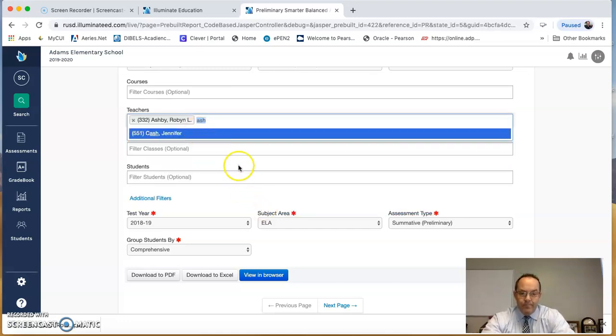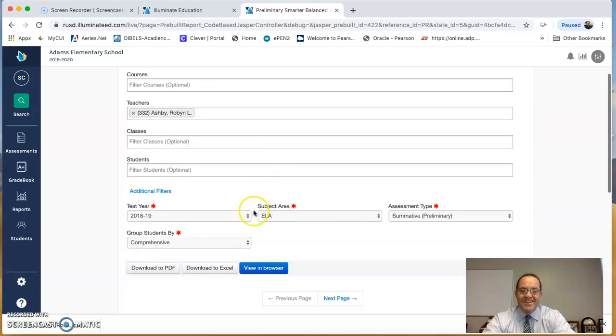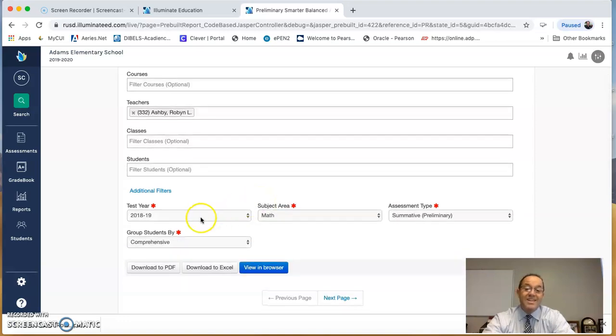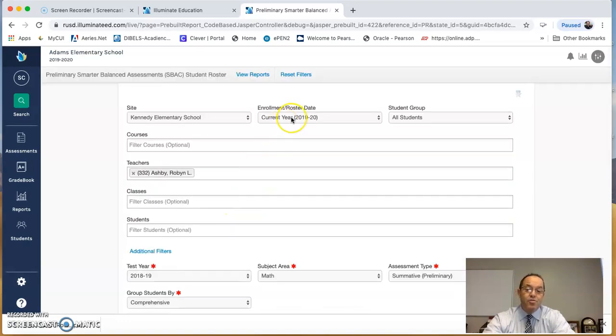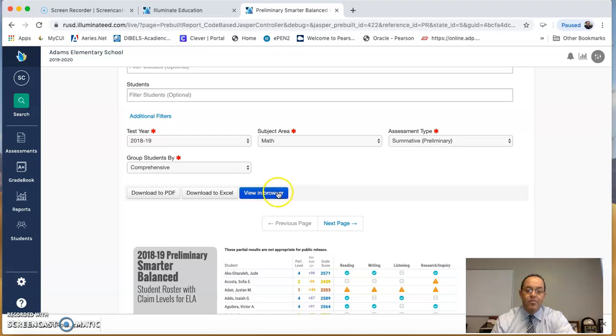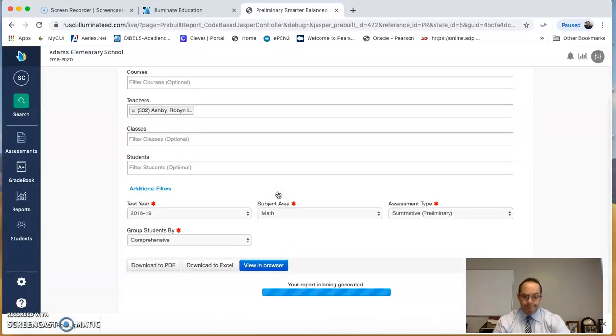Click on it. And I do appreciate Robin letting me do this. For this report, we'll put math just for the heck of it, just so you can see the report. Remember, it's the same test here, but it's a new roster. It's the kids sitting in the seats today. And you can do this in any classroom and at any grade level. You hit View in Browser,